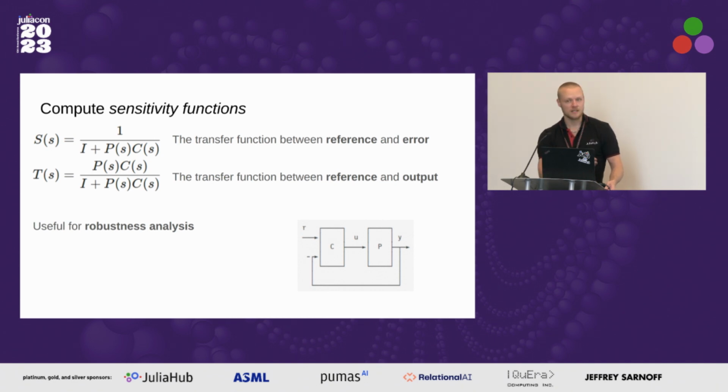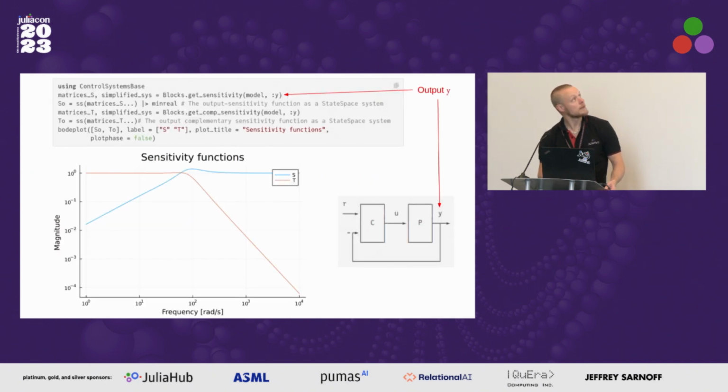And the sensitivity function is a nice way of quantifying how robust we might be with respect to these errors. So the way this looks in code is that I ask ModelingToolkit for the sensitivity in the point y, all right? So that gives you the output sensitivity function. For systems with single input and single output, it doesn't matter if you look at the sensitivity function in the input or in the output, but if those are multiple input, multiple output systems, it actually does matter. So you can ask for the sensitivity function in the point u also, and that would be a different function